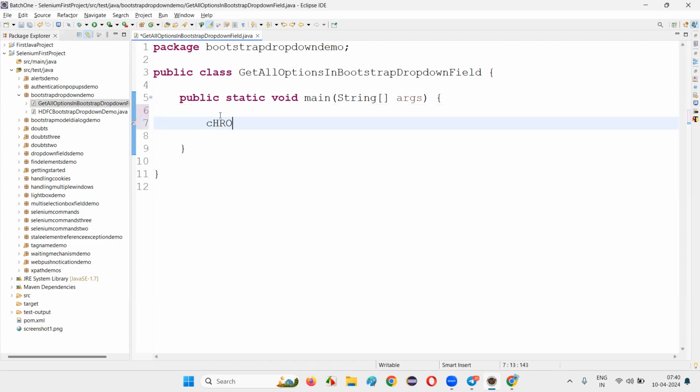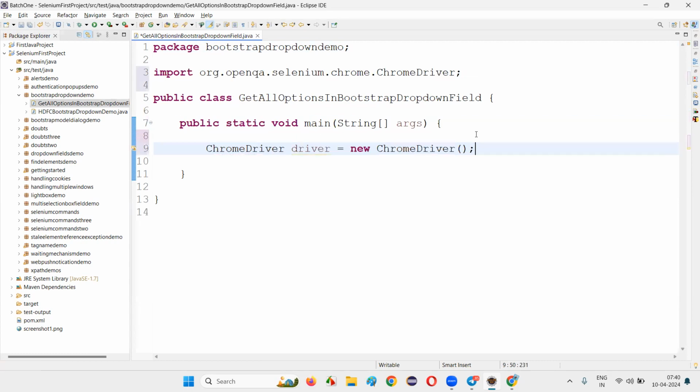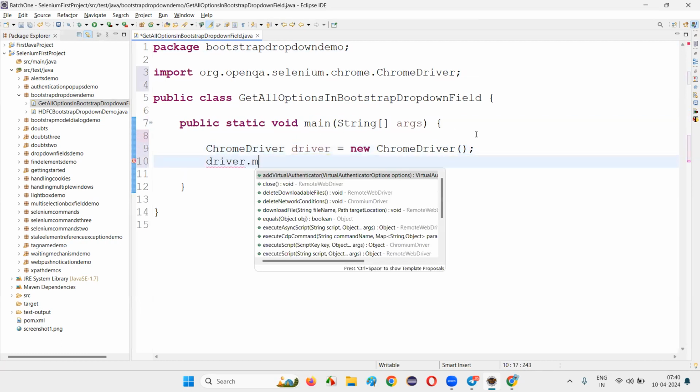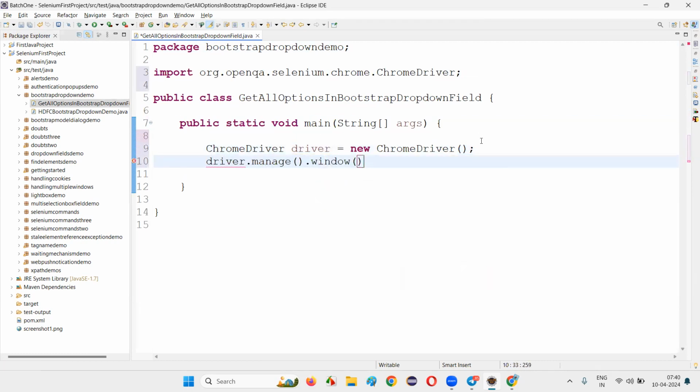That is ChromeDriver: driver is equal to new ChromeDriver. And in this, I have to say Control-Shift-O. Then write down driver dot manage dot window dot maximize. Then driver dot get